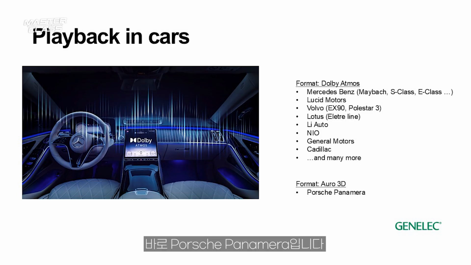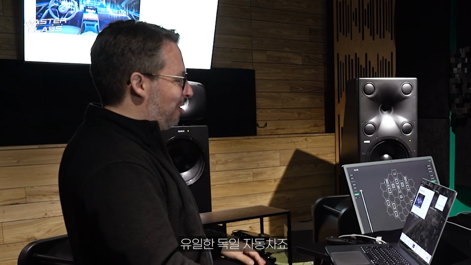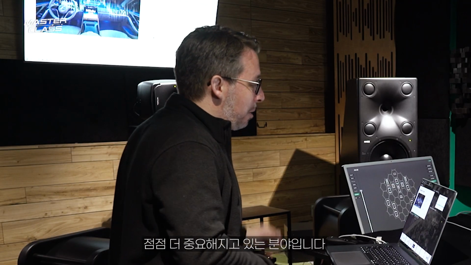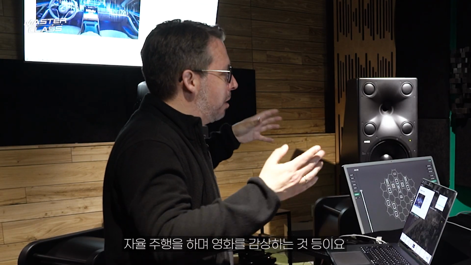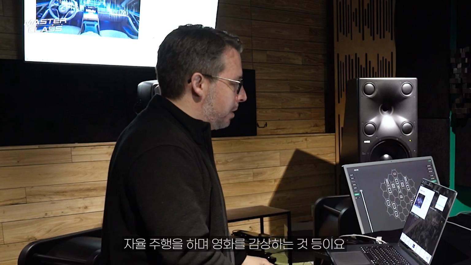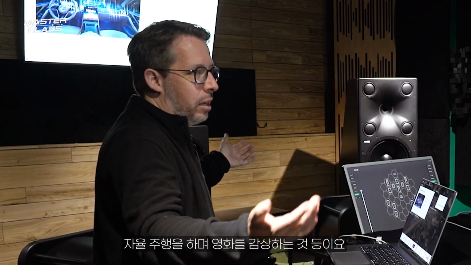It's a Porsche Panamera. It's the only one. And the rest is Atmos. But one German car supports Auro 3D. But this is becoming very important because that's the future. I mean, automotive and autonomous driving. People sit in a cinema